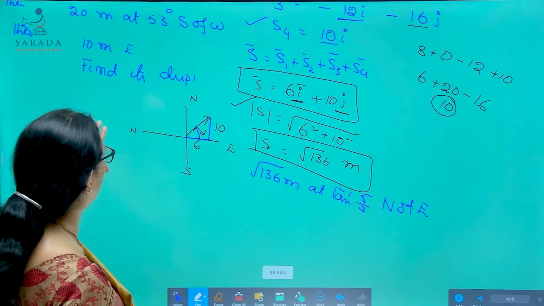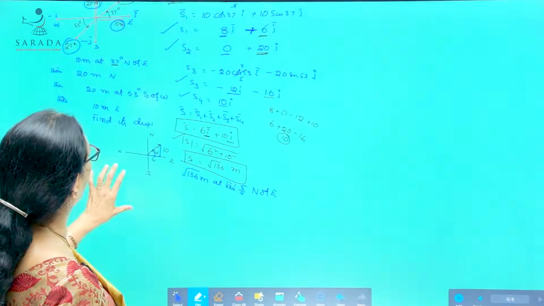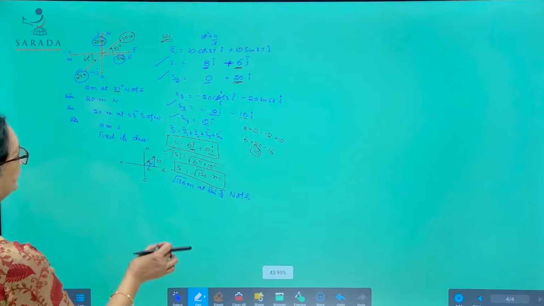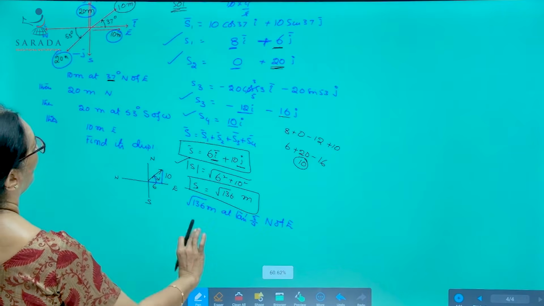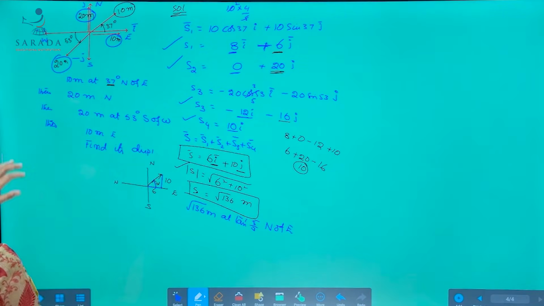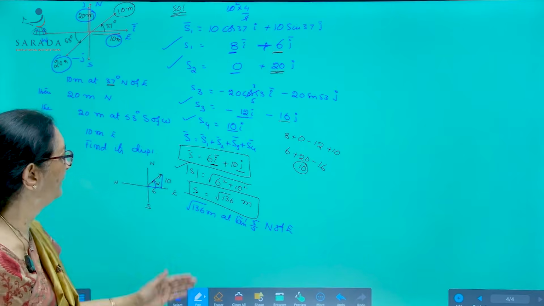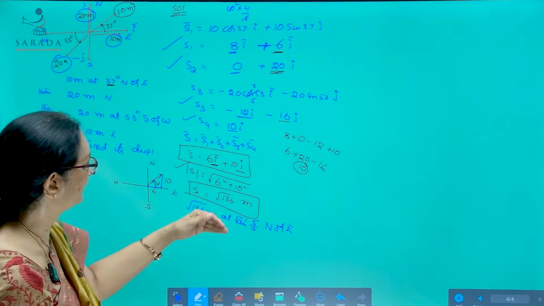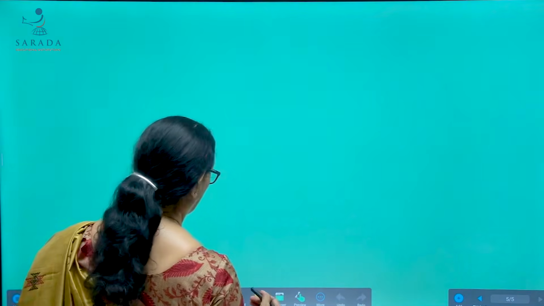So, this problem on the concept of displacement is very often asked in the examination. Look here, I am showing that entire problem now. First we have taken all the displacements in the vector form and we found the resultant, and then the magnitude and direction of the resultant is found. So, just for practice, I am giving you another problem. All of you must tell me the correct answer before me.